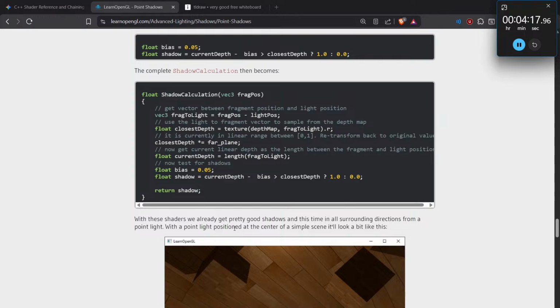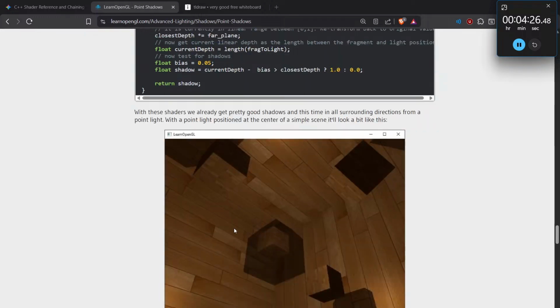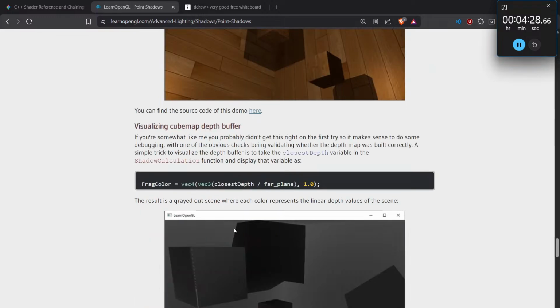With these shaders we already get pretty good shadows, this time in all the surrounding directions from the point light. With a point light position at the center of a simple scene, it will look a bit like this. You can find the source code of this demo here. Visualizing cube map depth buffer. If you're somewhat like me, you probably didn't get this right the first try, so it makes sense to do some debugging with one of the